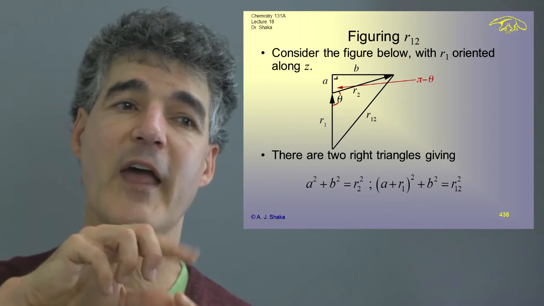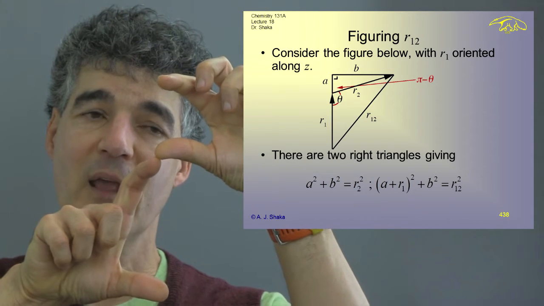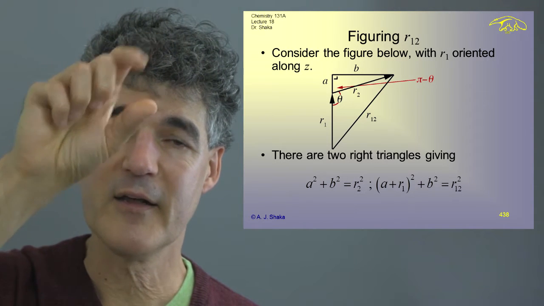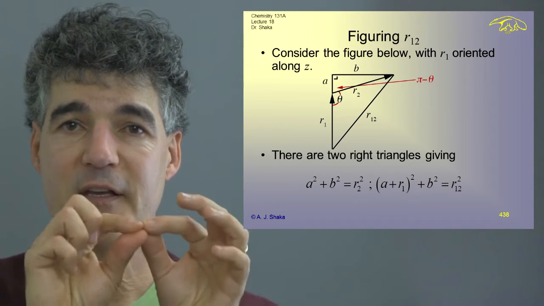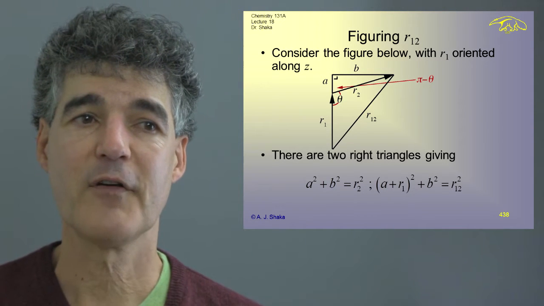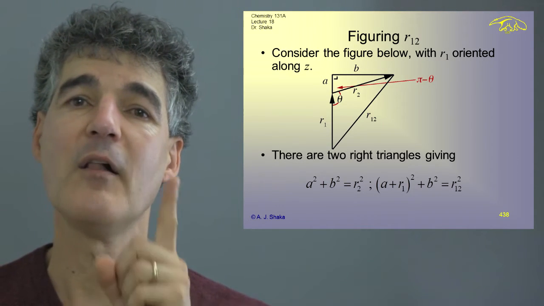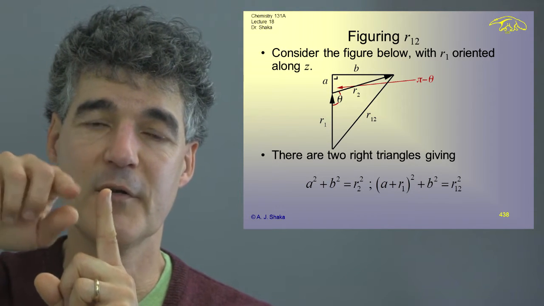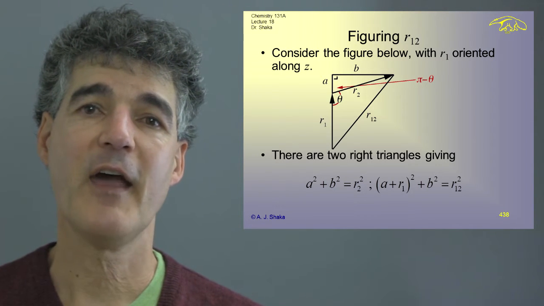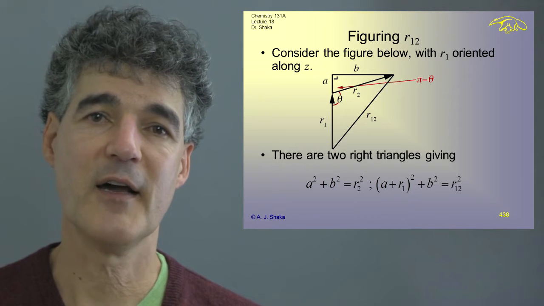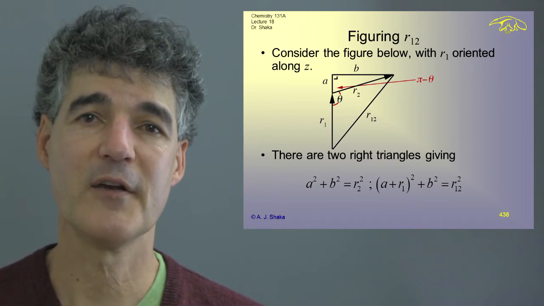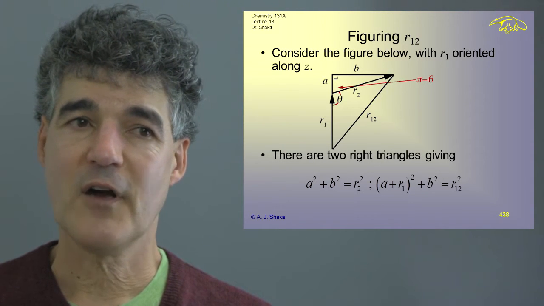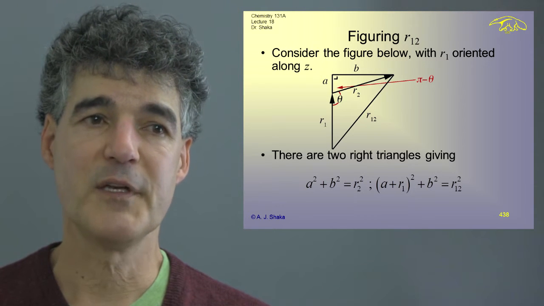And what I've done is I've added a little length to r1 so that by the time it gets to r2, it's a right triangle. The little length I've added, I've called a. And the distance on the other side of the right triangle, I've called b. And the angle between r1 and r2, which is bigger than 90 degrees in this figure, I've called theta. That means that the other angle to the other side of the line is pi minus theta, or 180 degrees minus theta.